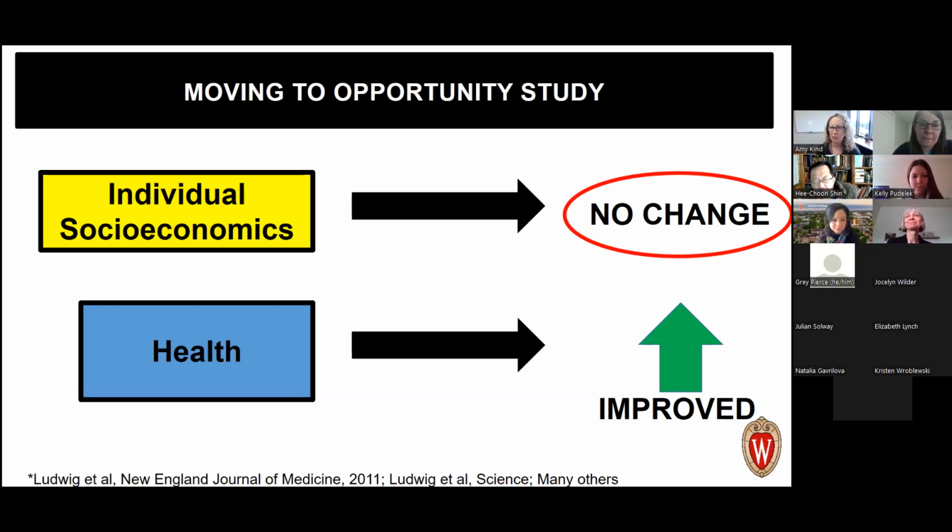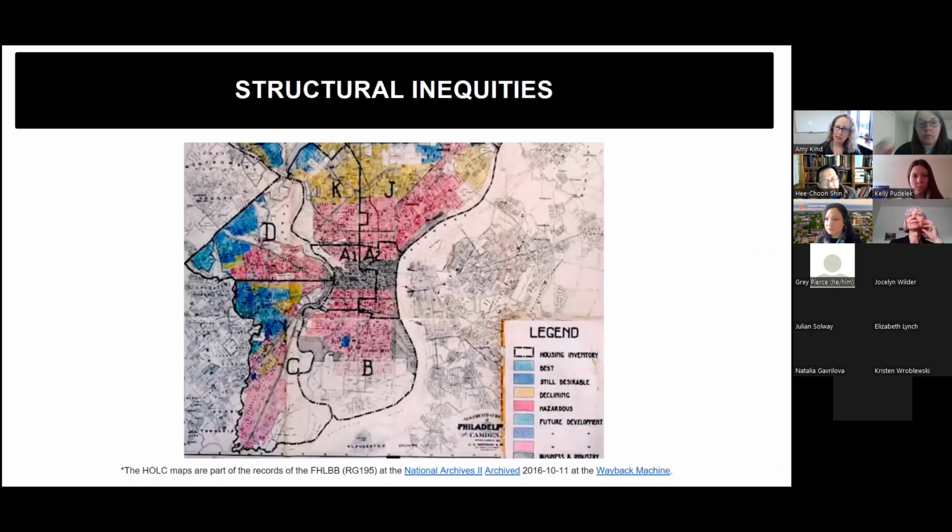But take a look at these papers because they are landmark papers on the importance of context over and above the individual level factors. This becomes so important because so many of our interventions target the individual, don't they? They tend to target behavior change in a particular individual without thinking about these exposomal factors that could also be playing a key role. And certainly our interest at the contextual level also is driven by the fact that many of these contextual level measures reflect systematic inequities within a particular society, as I had mentioned before. This is an example from the United States. And this is a map, hopefully all of you know about this construct.